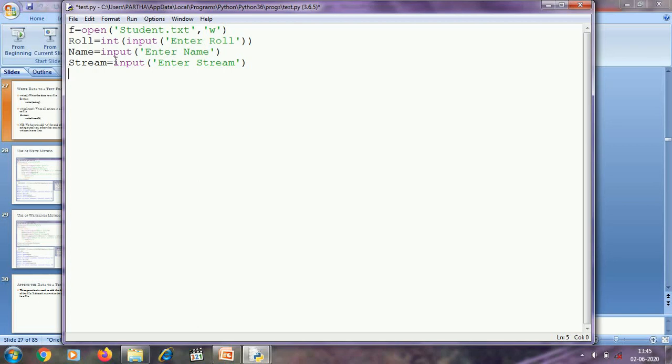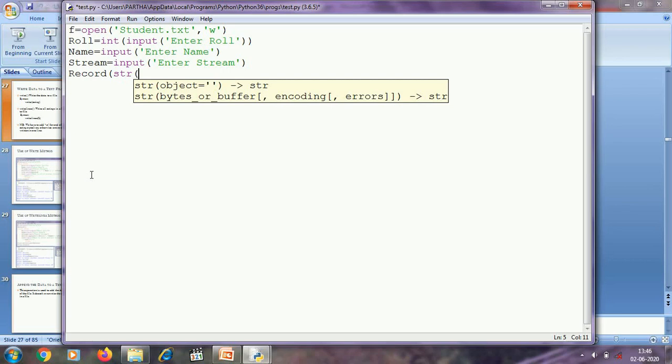requirement of any conversion. After that, I am concatenating these entries roll, name and stream to create the string to be written in the text file. As roll is an integer, I have to convert it into a string using the str function.